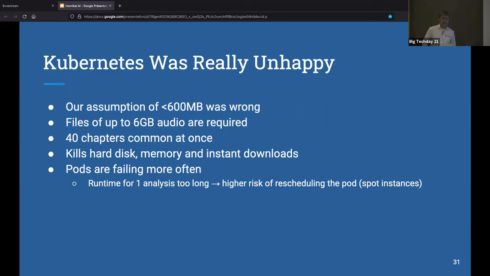Also, we detected that the pods were failing more often. The main reason is that for the analyzing we used spot instances. The analyzing stage is computationally intense, but on the other hand, not needed on a 24/7 basis. So we could rely on much cheaper nodes than the on-demand nodes, to keep the costs